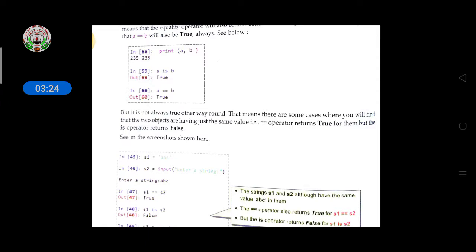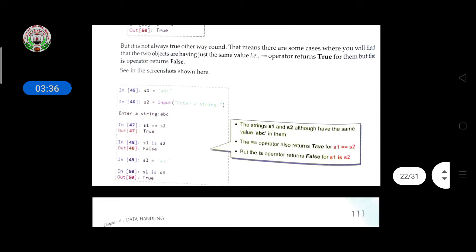That means there are some cases where two objects have just the same value, so the equal to operator returns true for them, but the is operator returns false. Why does the is operator return false? See here. Here the string ABC is given. S1 equal to S2 is true, but S1 is S2 returns false.